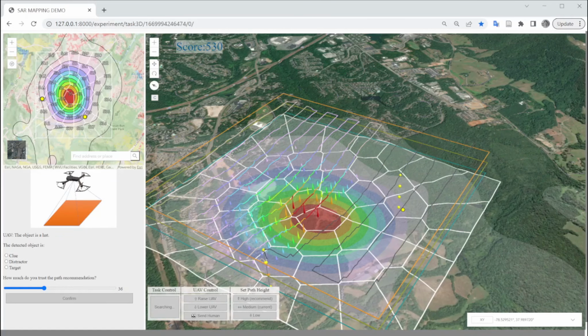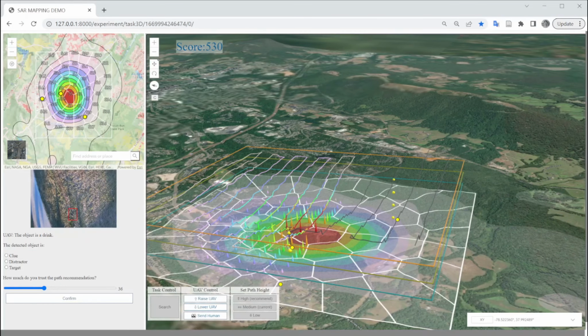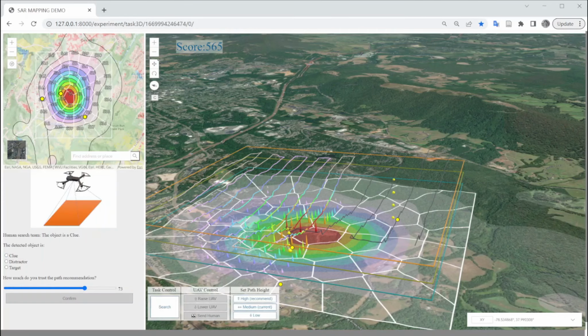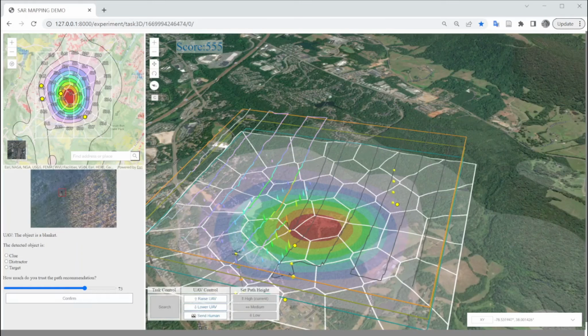The whole study includes 4 missions. All your decisions and operations will influence the score. The score comes from the judgment of the object, and the cost comes from the time of search operations and wrong judgment. The base score is 500. Score 1 is the height of the UAV in searching. If it flies high, the path is shorter, so the cost of time is shorter, and vice versa.